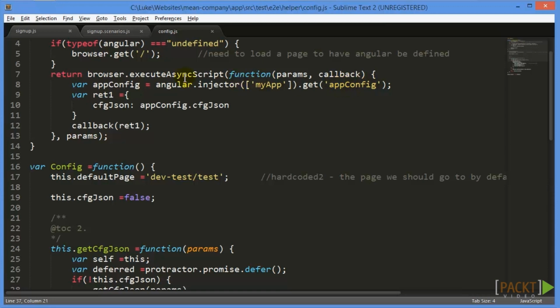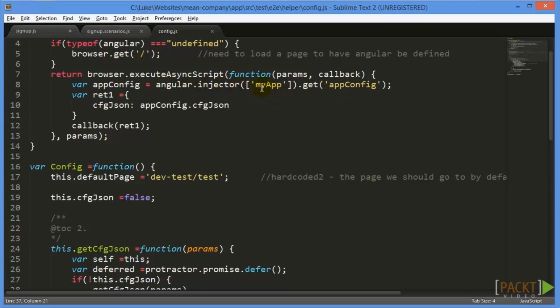And what this line does is it allows us to get access to Angular modules if we want to use them. In this case, we want to get access to our JSON configuration. And to do that, we have it stored in our app config service, and so we need to access that app config service. And unlike when you're in an Angular file, like a controller file, where you can just dependency inject that service in at the top and then you have access to it, here in Protractor we have to use this